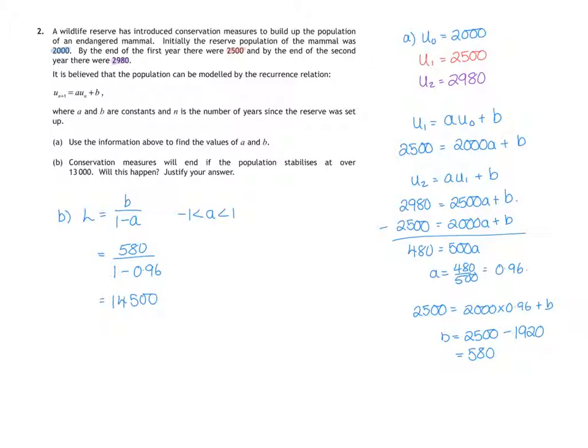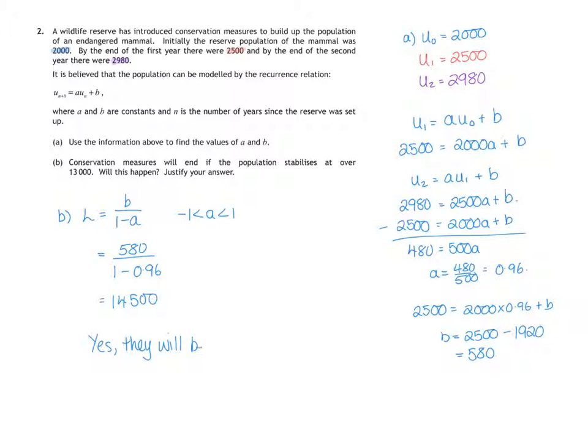We put that in and we get 14,500. So the question is saying that conservation measures will end if the population stabilizes at over 13,000. And that's what we've got. So we need to write a sentence to justify our answer. So our sentence could be something like, yes, they will be able to end the measures